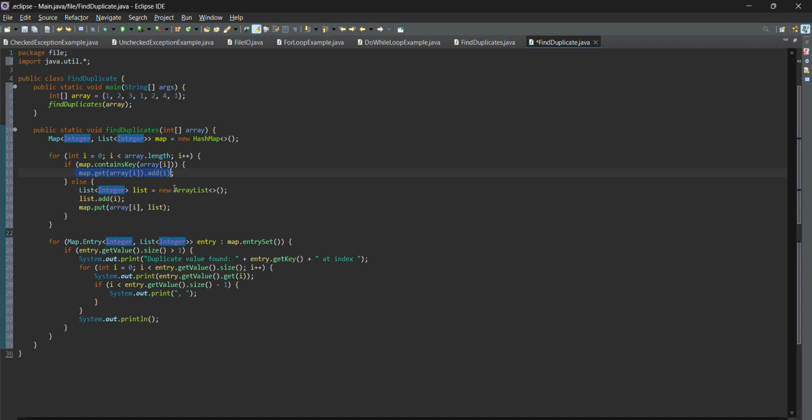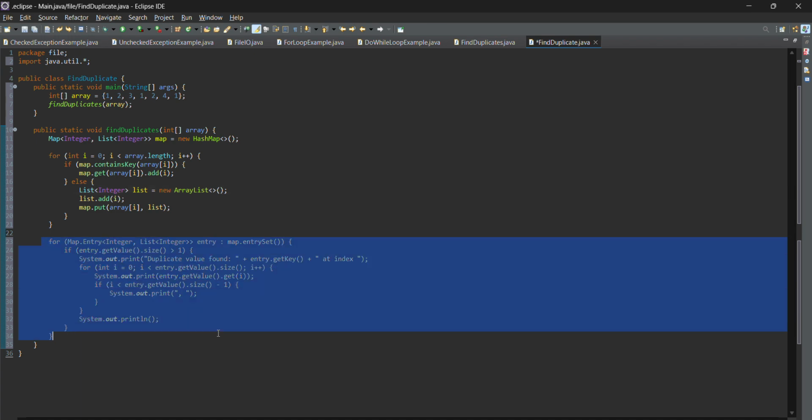If it doesn't exist, or returns false, it's the first time we've seen this number, so a new ArrayList is created. The index i is added to it, and the number and its list are added to the map. So another one is this line.